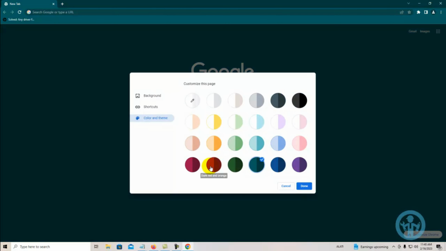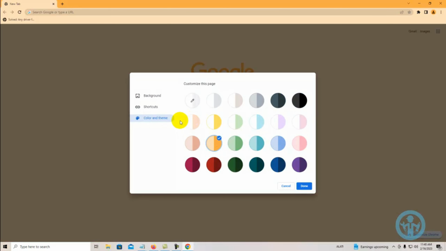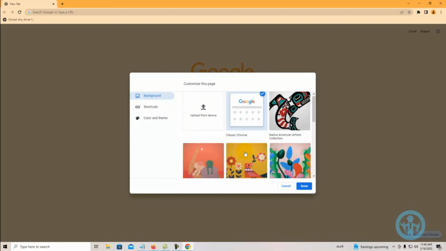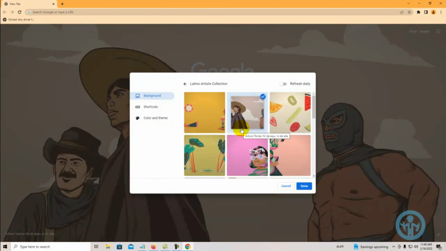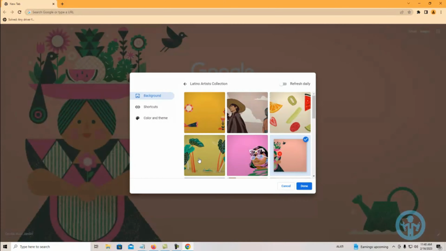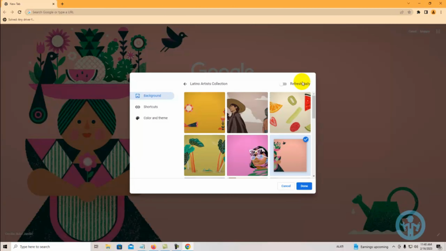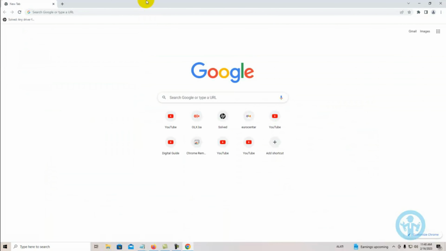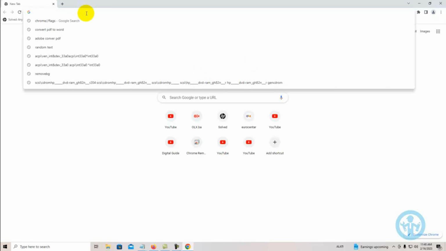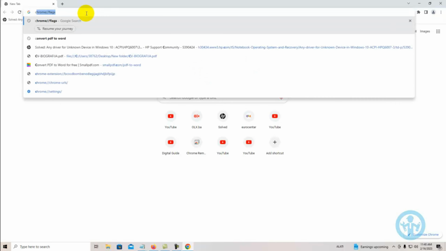You can change it to whatever you want, or you have background. You can set, for example, this one or that one or whatever you want, but this is only for home page. If you want to change color for all pages, you can go here and insert Chrome